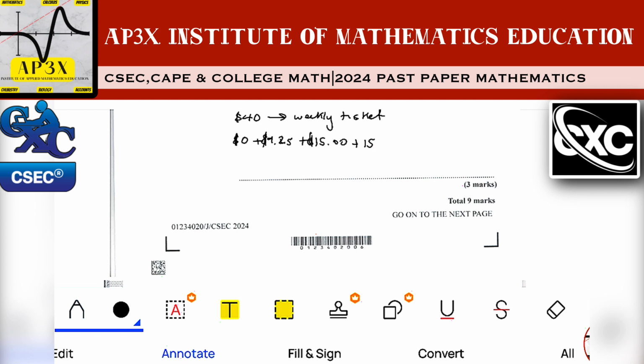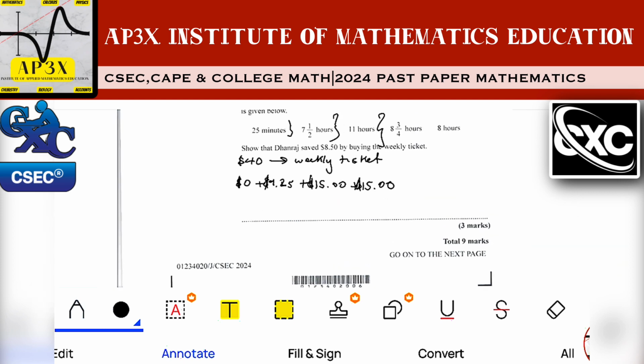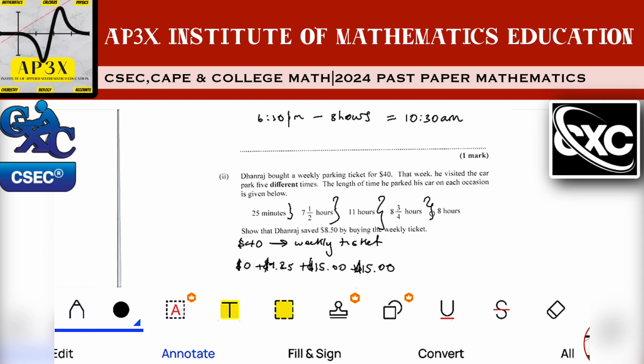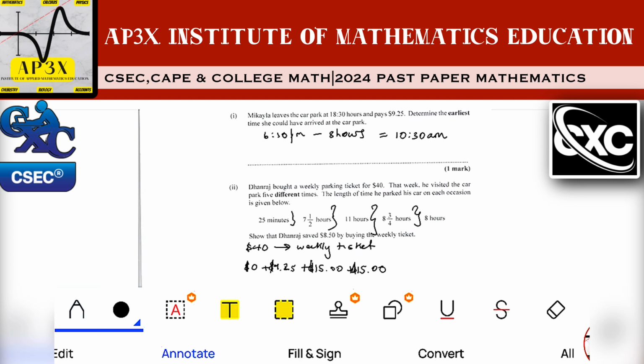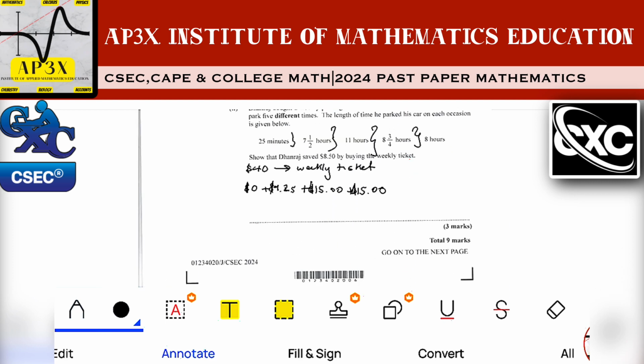And then for the last time that he parked, for 8 hours, he pays up to 8 hours, which is another $9.25. All right, so if you go ahead then with calculators,